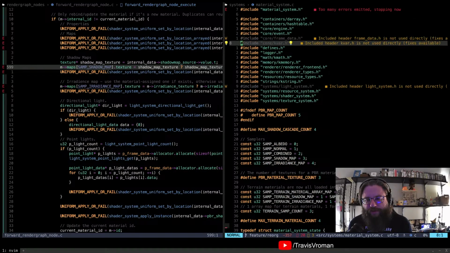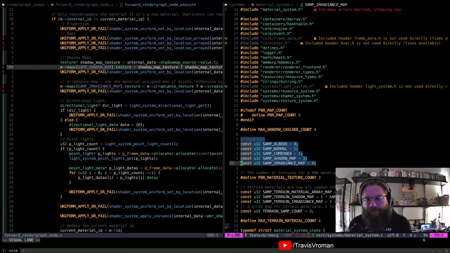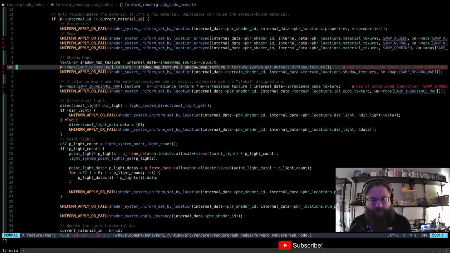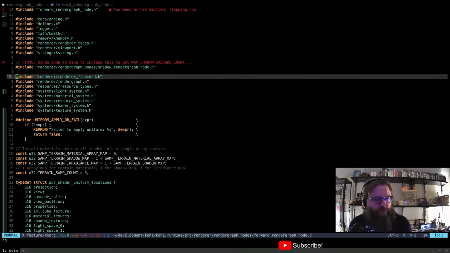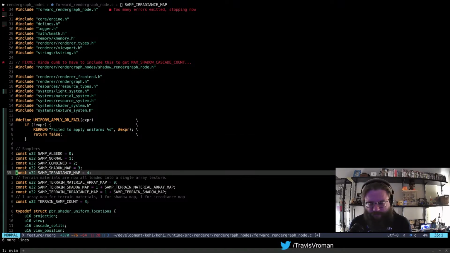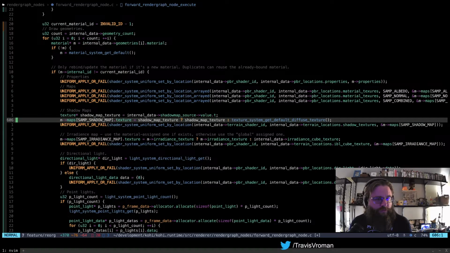Those are up here. Right, so these samplers, we actually need these. PBR material texture count. I think we need these in both locations, so I'm just going to copy them over here for right now. Close this again. And we're just going to plop these in right here. Right? And now, those should be good to go.